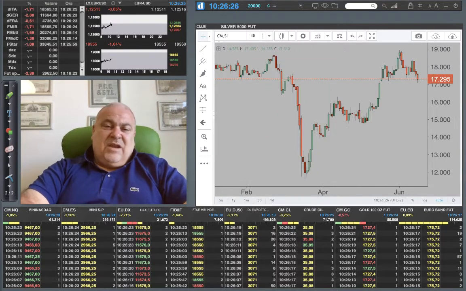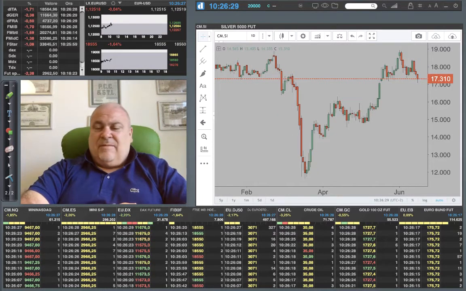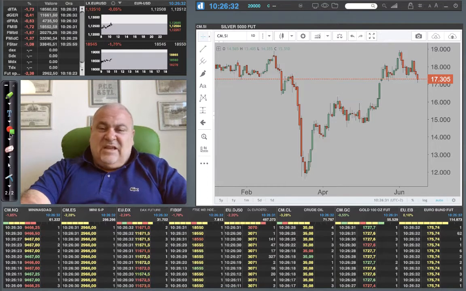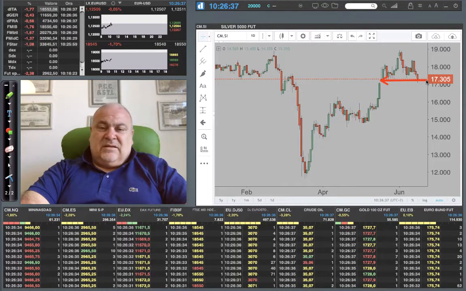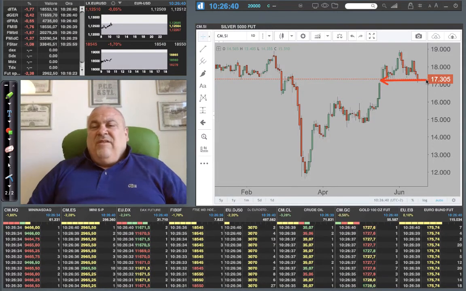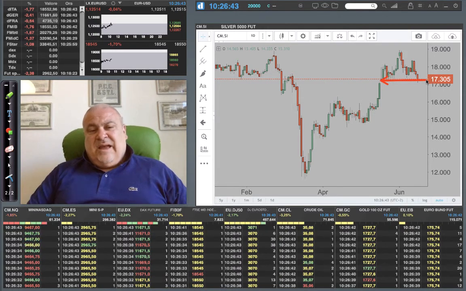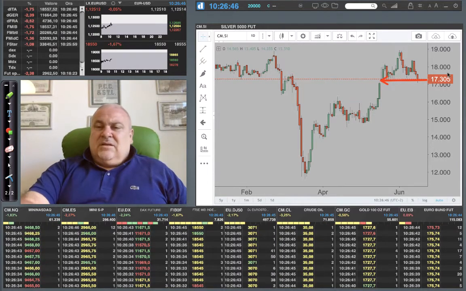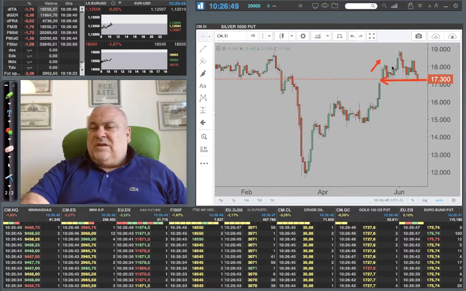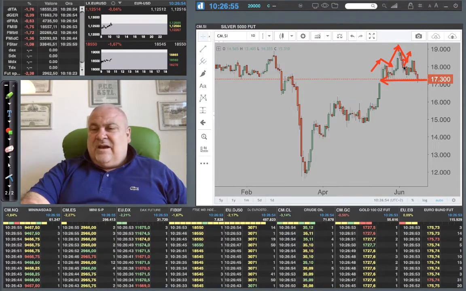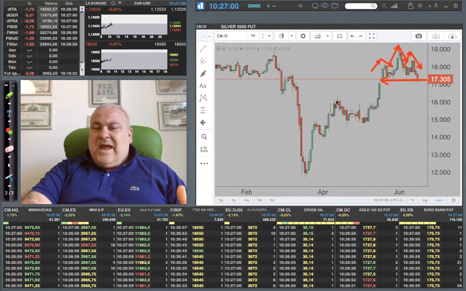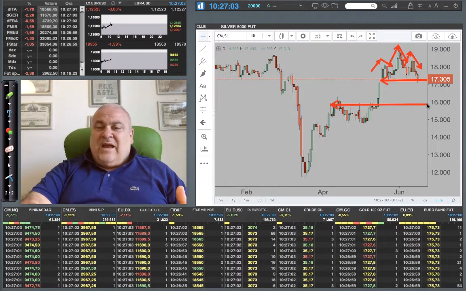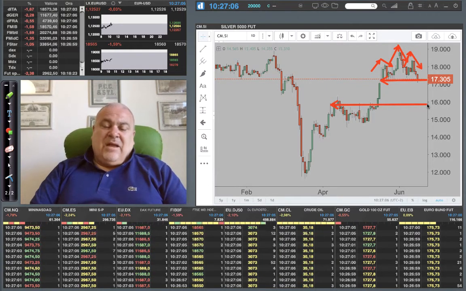The silver is really connected also with the gold. So we have now that the silver arrived around the price of 17.2 that we can consider as a support. Well, don't forget that we have a strange figure here because in case the market loses this level, we have here a clear head and shoulders that can make it move down and maybe test the support here, where I think we can have a very interesting buying opportunity.